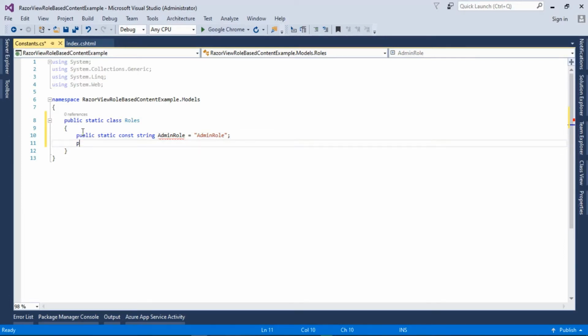And now I will type another role. So it is giving me some error, so what will I do, oh sorry, I will not have to use the static here. So now our application has removed this error.